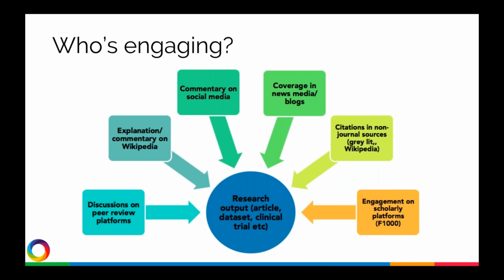Coverage in news media and blogs, so whether that's press releases that are syndicated or more original news reports that look into a specific topic or an emerging field, and blogs which perhaps offer a more informed opinion on what's being said in the research. Citations in non-journal sources, so for example on Wikipedia, and engagement on scholarly platforms such as expert reviews on F1000. And so what Altmetrics do is track mentions from all of those sources and tie them back to the research